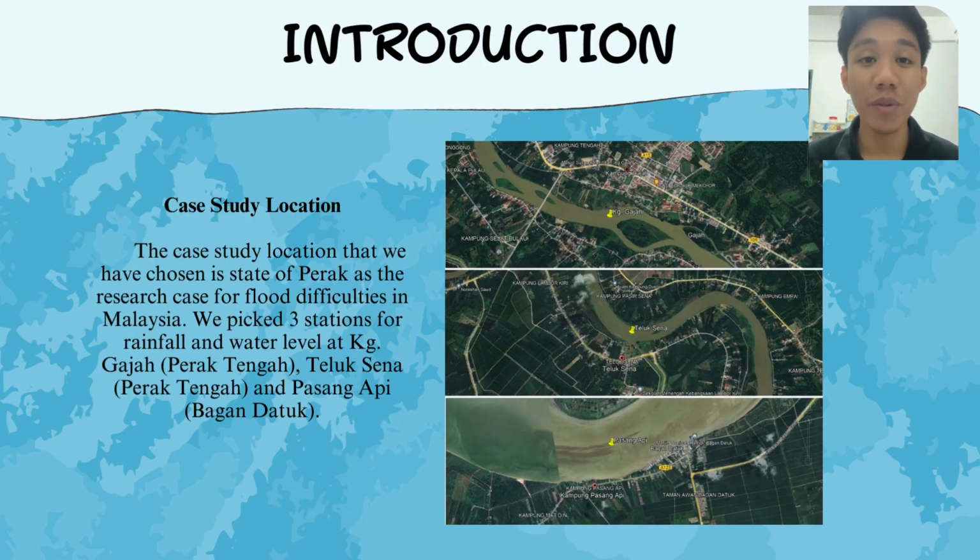Hi, Assalamualaikum. My name is Muhammad Zarif Danish bin Zamri. My matrix number is DF220007. For this project, we were instructed to find rainfall and water level data to study the floods that occur